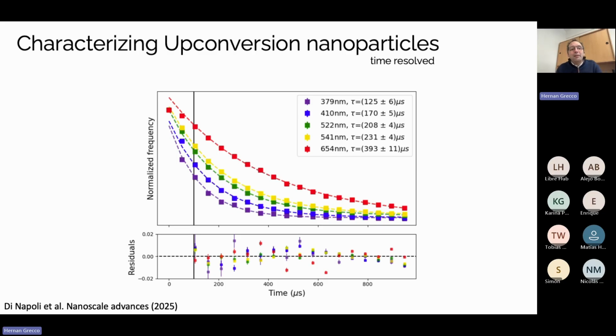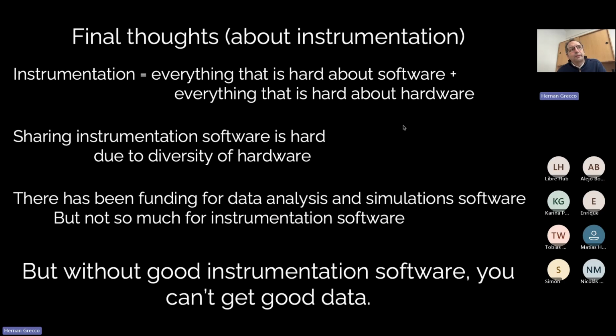So as you see, being able to develop your own software is great because it allows you to first give new life to old devices, and allows you to add new capabilities to them. But I would argue that it also allows you to have more control of your experiments, because you can now program the protocol that you actually need, which might be different to the one that the vendor gave you, right? And so I want to give you some final thoughts on that, and then I'm open to questions.